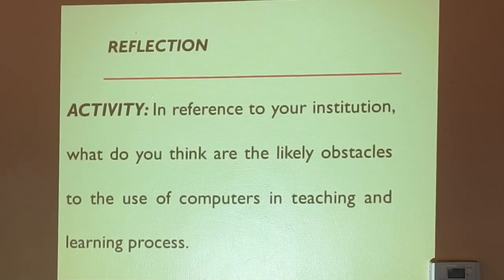So as you reflect on your institution, what do you think are the most likely obstacles that will impede the effective use of computers and or effective use of technology? Of course, as regards the so many ICTs. So what are those obstacles? So please, you can